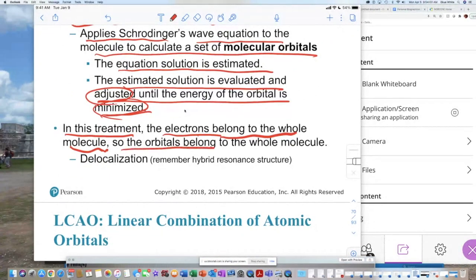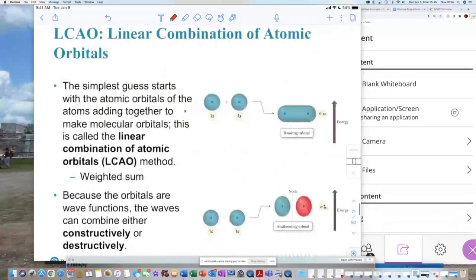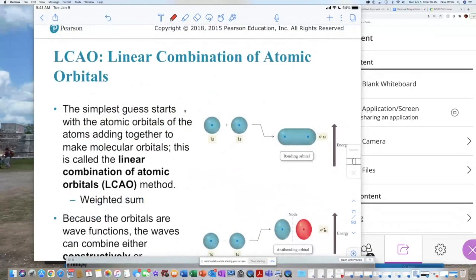So the orbitals belong to the whole molecule versus belonging just to that one element in the bond. This is called delocalization. And I told you here, remember the hybrid resonance structure. Okay. So we are going to treat molecules or orbitals in a molecule as molecular orbitals versus atomic orbitals. Okay. So from here on,